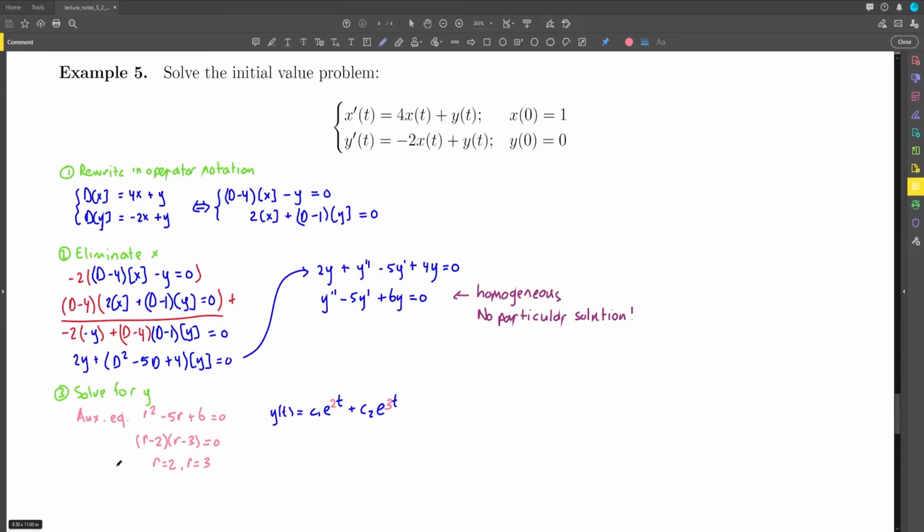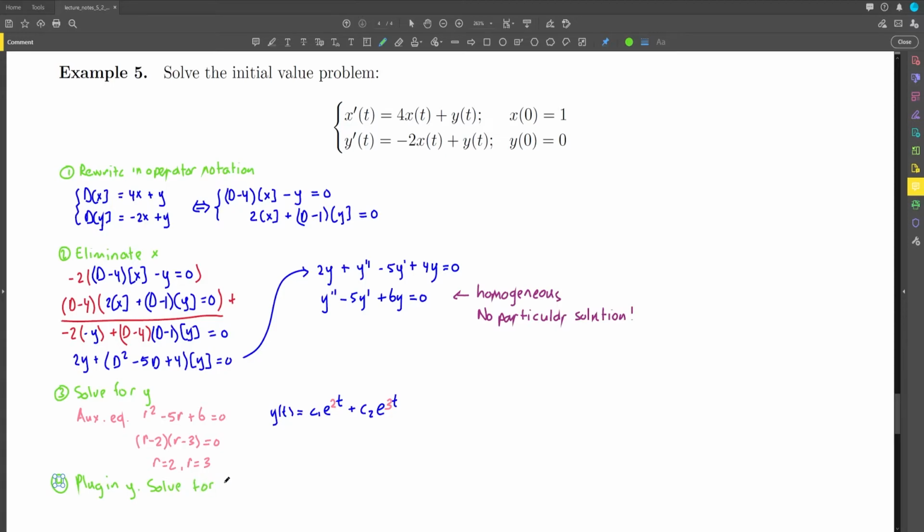Now, what we have to do then is we have to take y that we found here and then plug it into one of the original equations. And again, either equation is fine, but there's definitely one that is less work than the other one. So we're going to plug in y and then solve